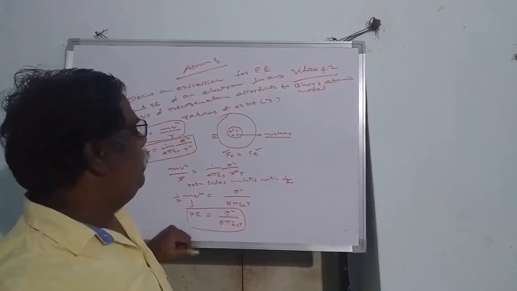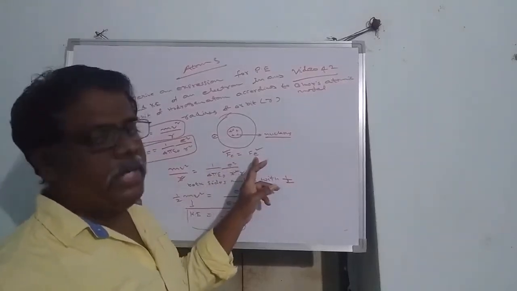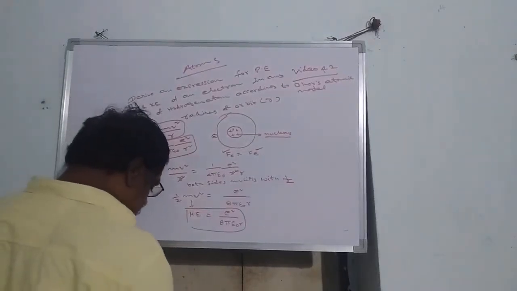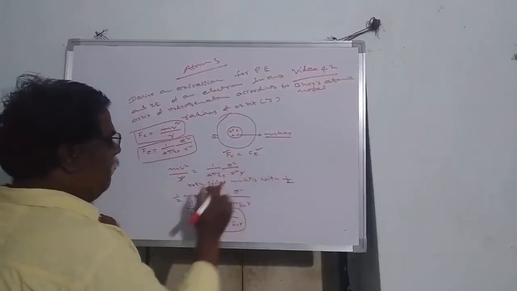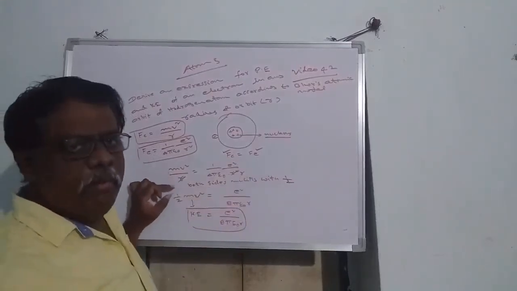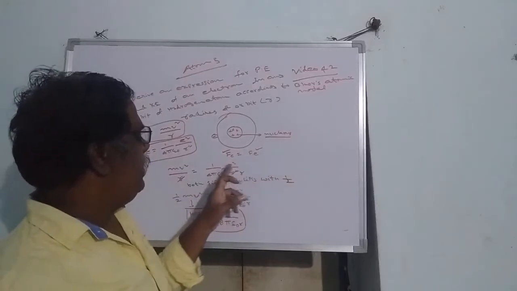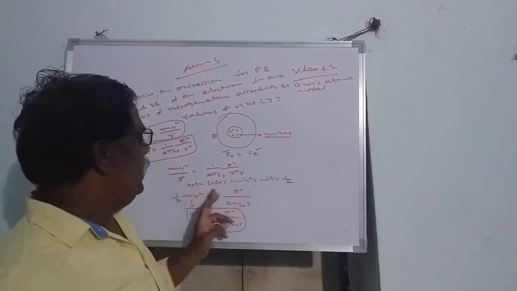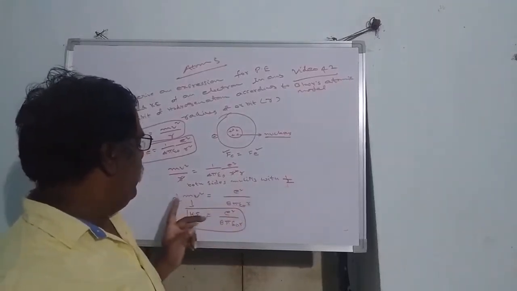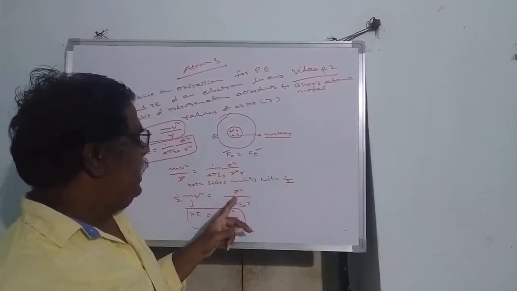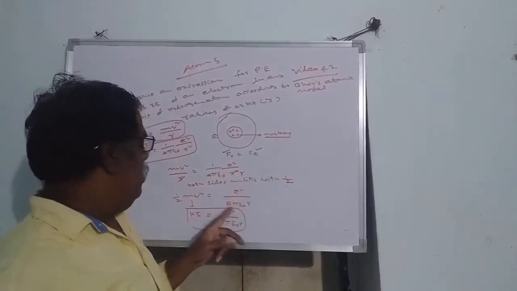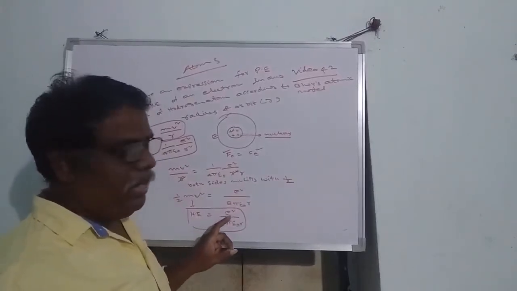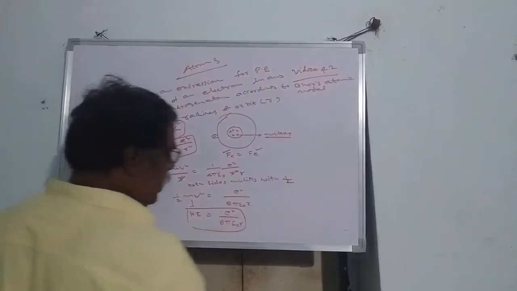So for the revolving electron, centripetal force and the electrostatic force applied by the nucleus will be equal and opposite. So at the dynamical state, Fc is equal to Fe. The formula for Fc is mv square by r. Similarly, the formula for electrostatic force is 1 by 4 pi epsilon naught e square by r square. If you multiply both sides with half, we get half mv square is equal to e square by 8 pi epsilon naught r. We know that half mv square means kinetic energy. Therefore, the kinetic energy of the revolving electron is e square by 8 pi epsilon naught r.